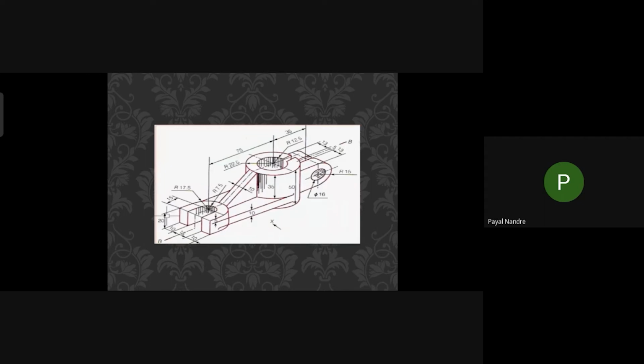We start with the top view because most of the clearly visible circles are present in the top view. First of all, we draw the xy axis and mark the length, breadth and height. In the top view, we draw the horizontal center line at 22.5 mm. Then we mark the two center lines of the circles to find the center points of the circles. One is at 19 mm and another one is at 50 mm.